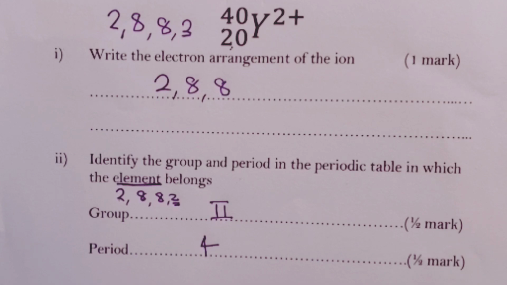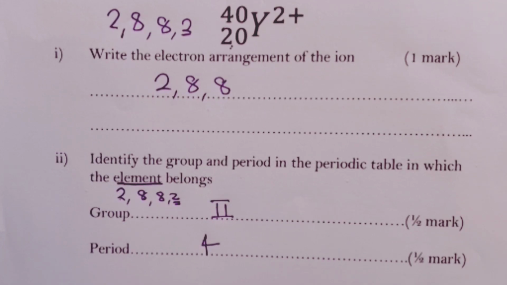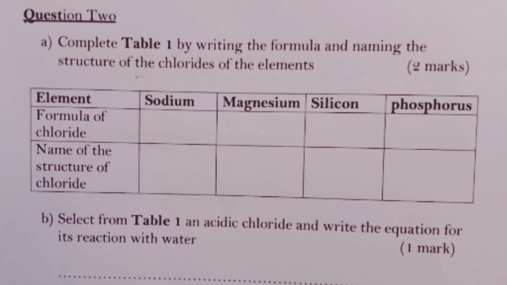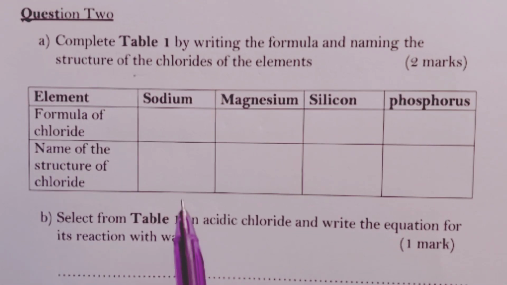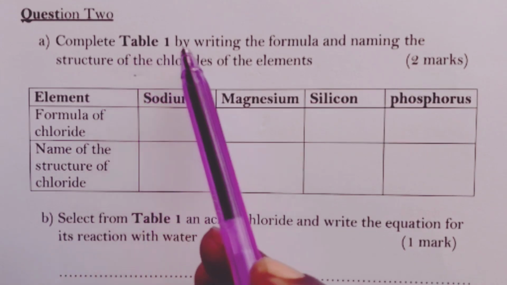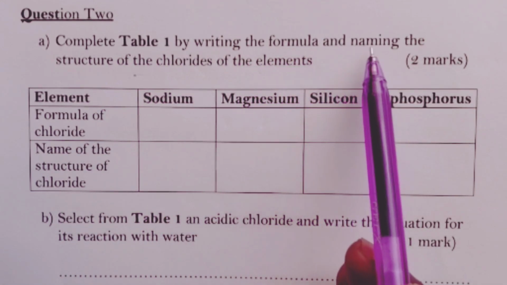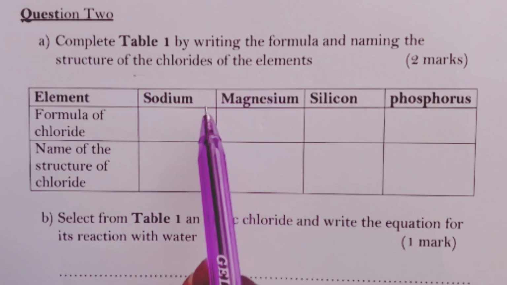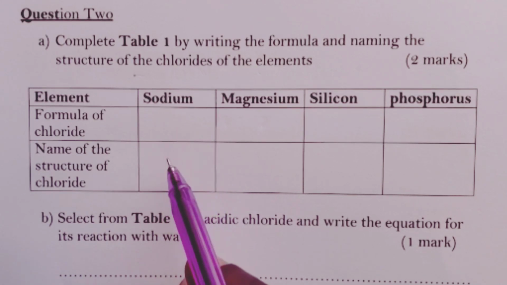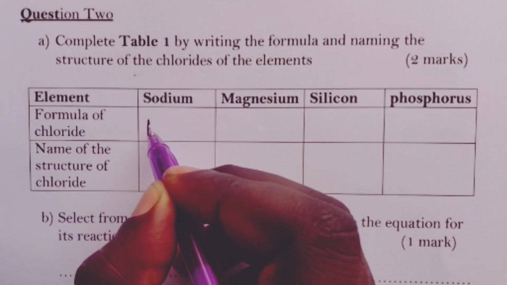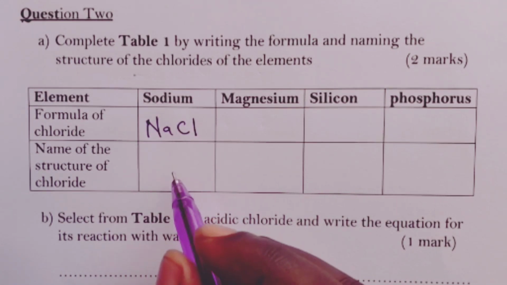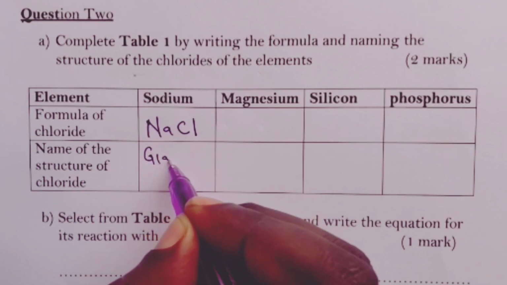We look at the next question from Form 2 work, and that is question number 2. Question 2, Part A. We are told to complete Table 1 by writing the formula and naming the structures of the chlorides of the element captured in the table. So for sodium, the formula of the chloride is sodium chloride, NaCl. The structure here is giant ionic because